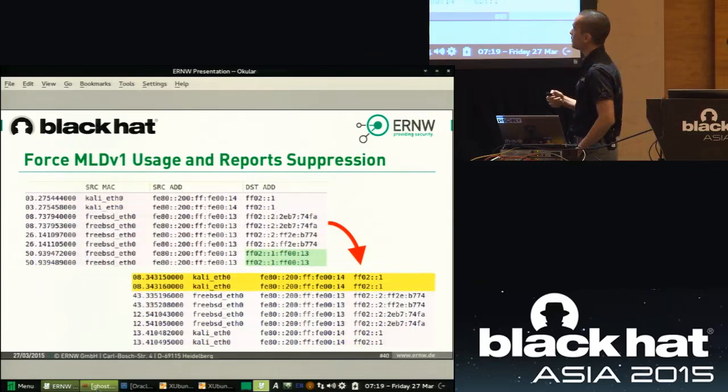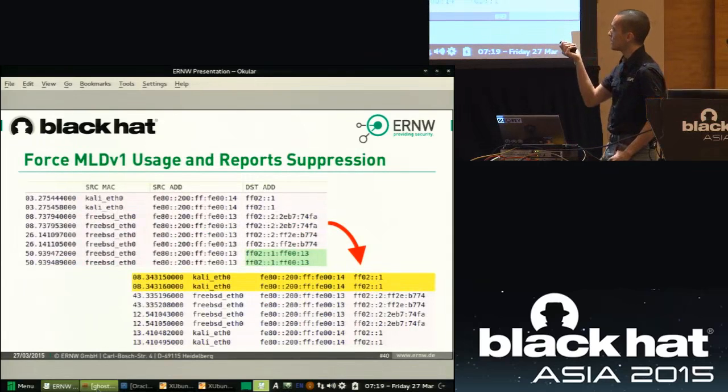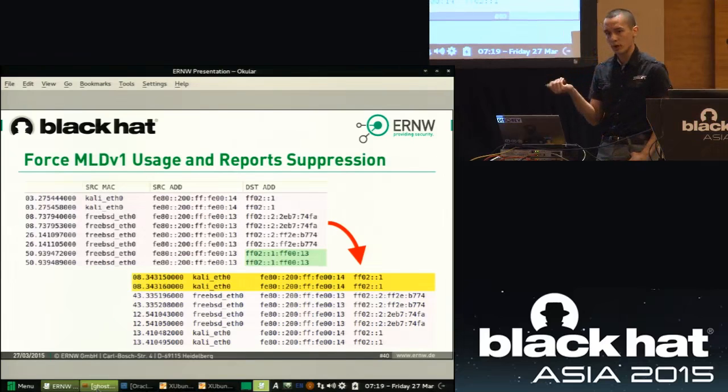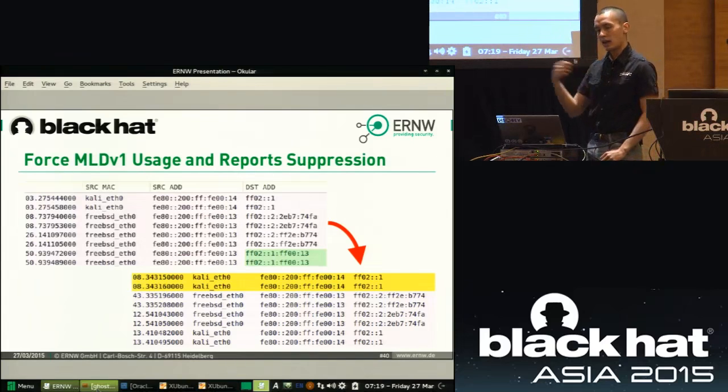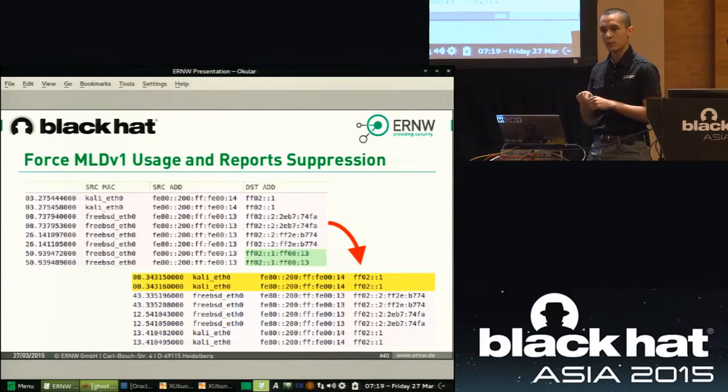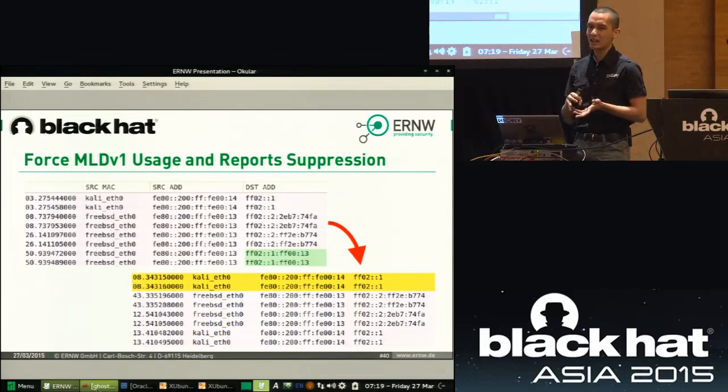And especially, there are funky things. Rafael already mentioned this MLD version 1 suppression, the fact that I can say, hey, I'm listening to this group, and if the network is in MLD version 1 mode and anyone else hears my report, then that client is likely to say, someone already reported this group, so I'm not going to report it.